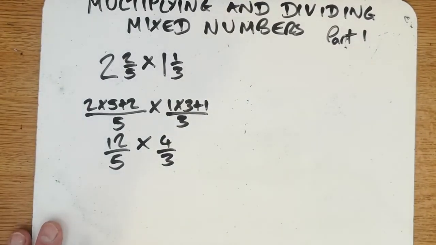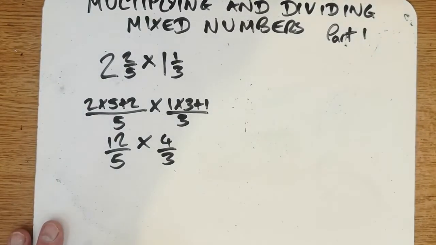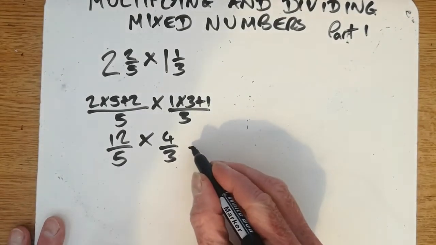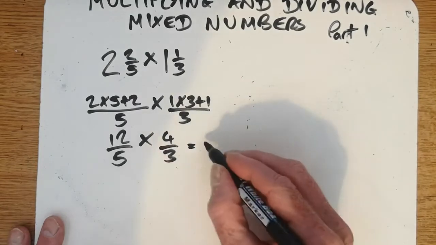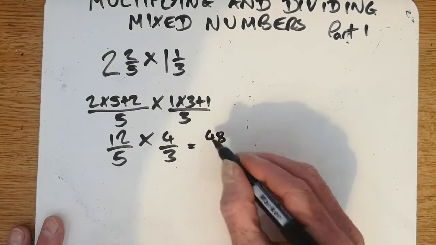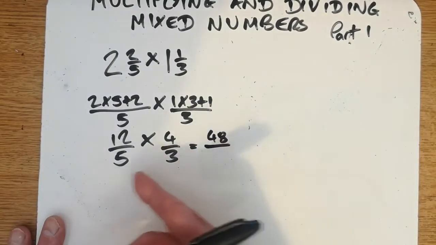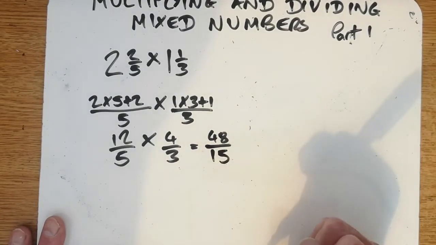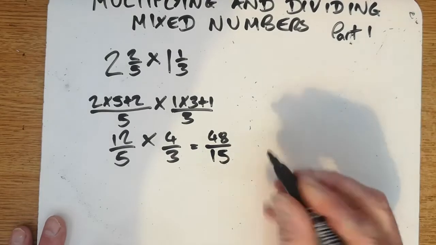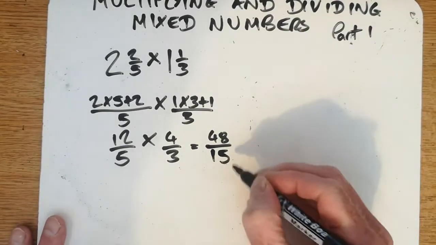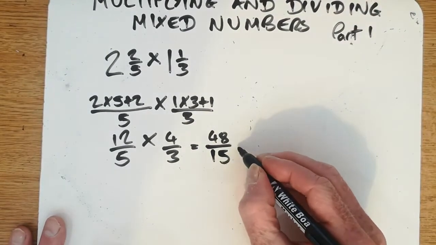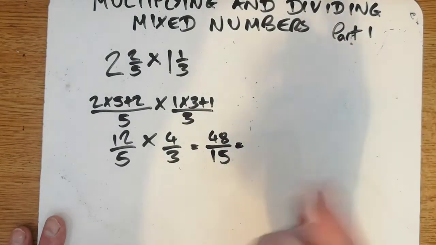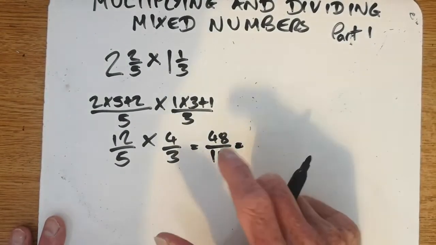Okay, so what have I got left to look at here? Well, I can multiply this out. I can just do that over here. I can do 12 times 4, which will give me 48 over, and 5 times 3 is going to give me 15. I can do that way. That'll end up being, if I wanted to make that back into a mixed number again,